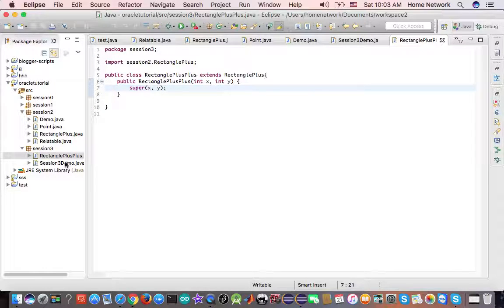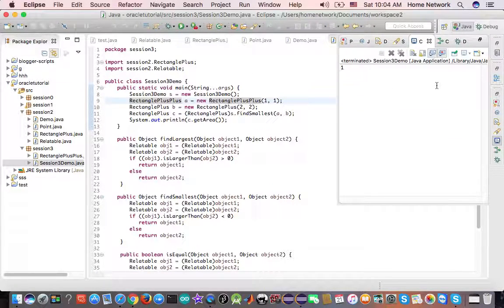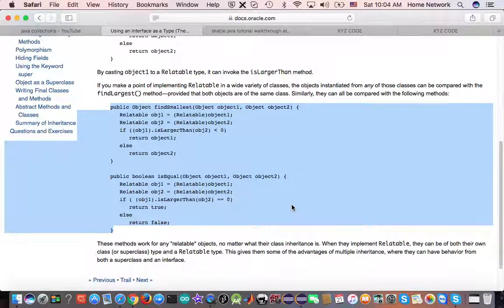Okay, and here instead of creating a rectangle, we can create a rectangle plus instead. And we didn't see a compilation error, and if we run the program, we didn't see a runtime error too. What happens is, if we go back, okay,